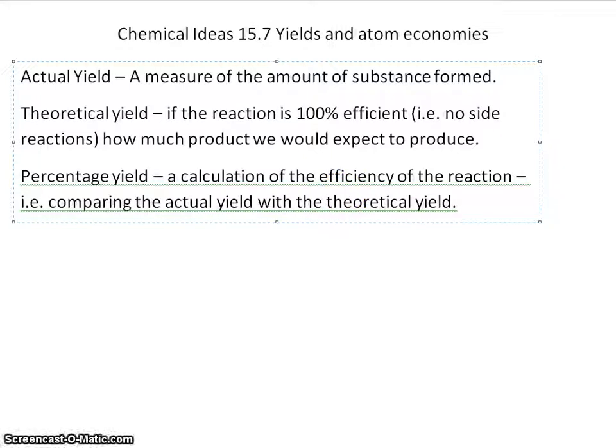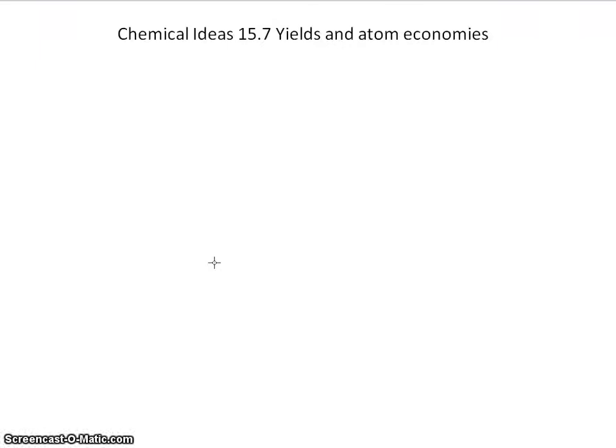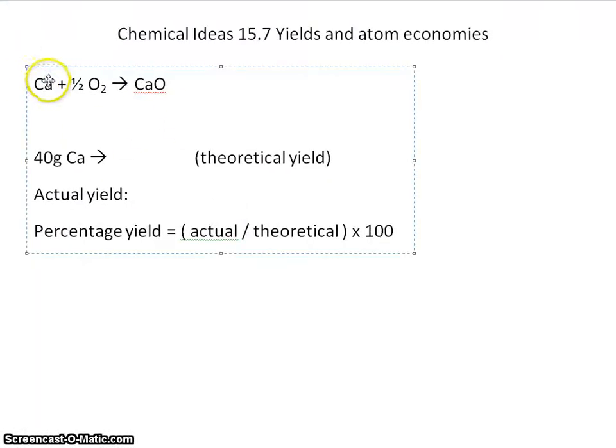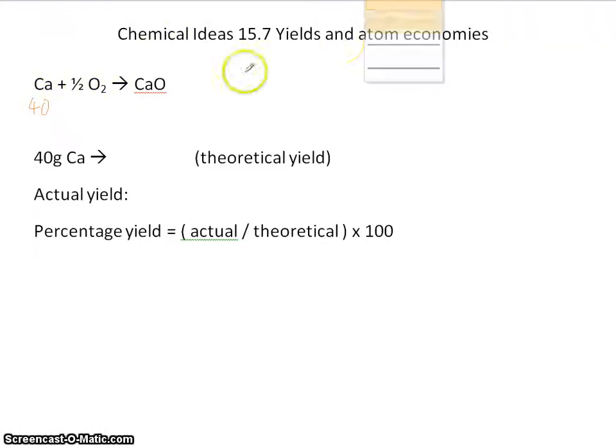So let's start with a nice simple reaction. We've got calcium oxide being produced here just by burning calcium in oxygen, and any time we see an equation, the very first thing we should be doing is writing relative masses underneath. So calcium there has a relative mass of 40, and then half an oxygen molecule. Here we just need one of them, so that's 16, and then the relative mass of the product, the 56,